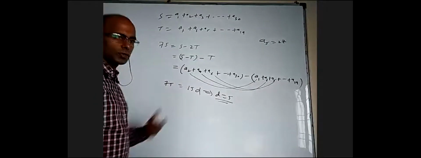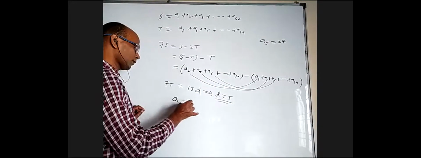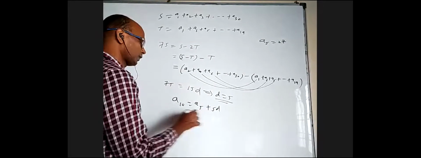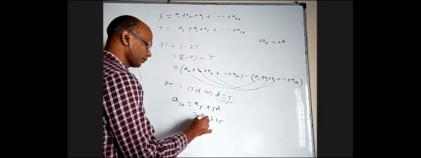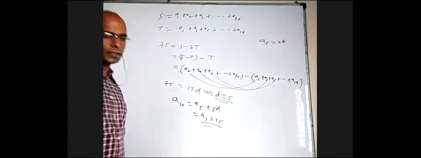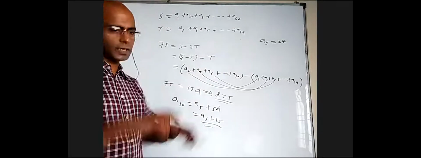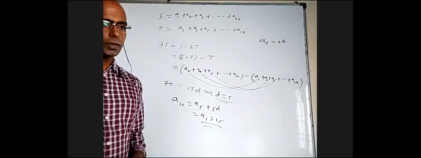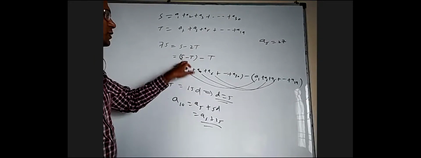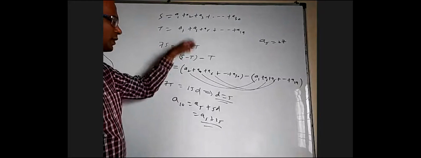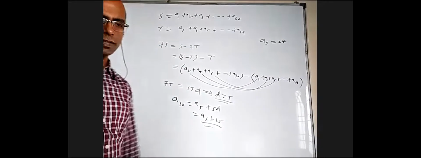Okay. Once you get the common difference, if you want the 10th term, from the 5th term you have to go by 5 steps. So it will be extra 5D. So A5 plus 25. If somebody did not get this idea, they can find A value, the first term, by using this equation and then directly find the 10th term. If somebody says we did not get an idea to write S minus T, then I told you find S separately, T separately and substitute it. I'm sure you will get 15D again.